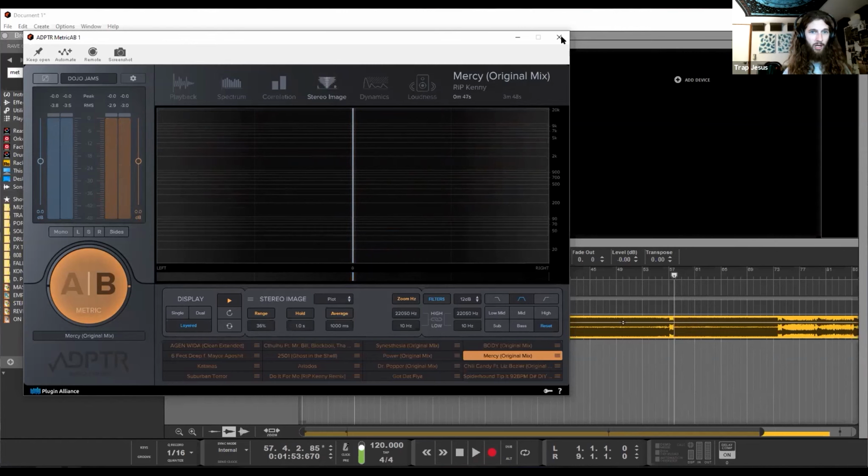But yeah, Metric AB, I think it's like $60 from Plugin Alliance, and it's super cool because it's doing all that routing from the 3 Extremes weekly download, where I've got these 7 plugins all lined up, and this one I can turn on if I want to listen to the subs, and this one if I want to listen to the highs, and this one I can change this setting if I want to listen to just the width.